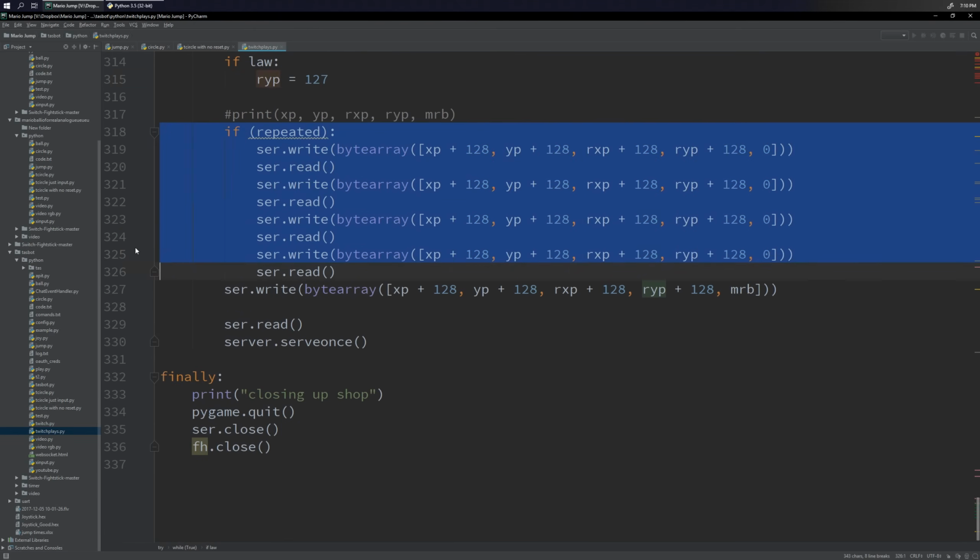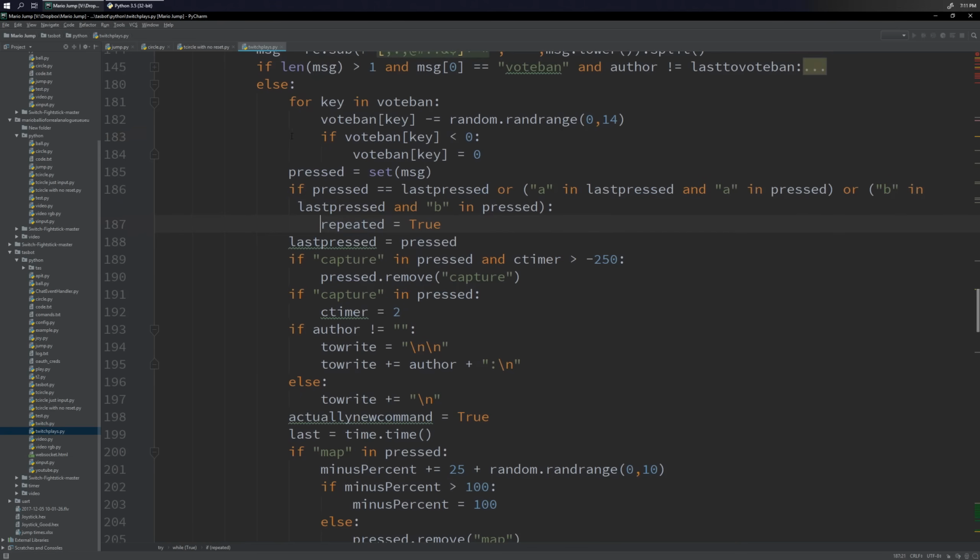Okay, this is dumb. So you just do the same thing over and over again, but using the stick positions plus 128. And that's just to center it. The difference is these are all 0, and then this one's actually Mr. B. So remember, repeated was up here from this logic.